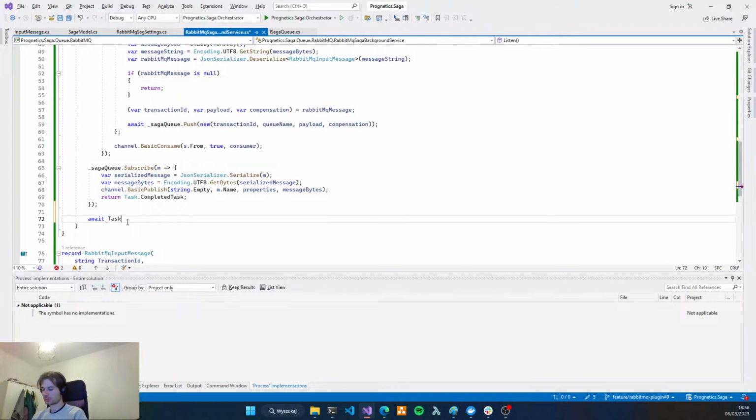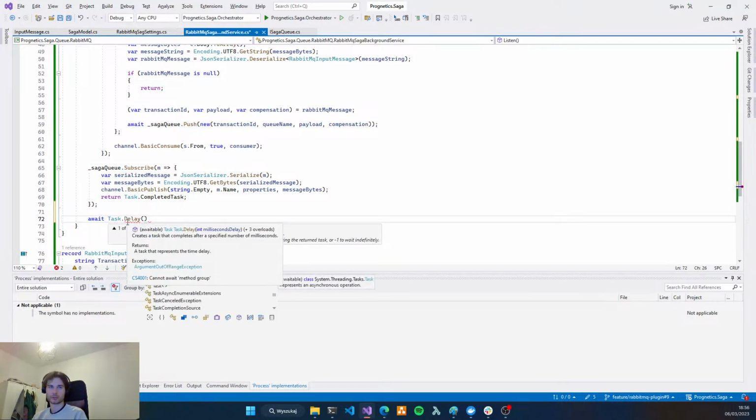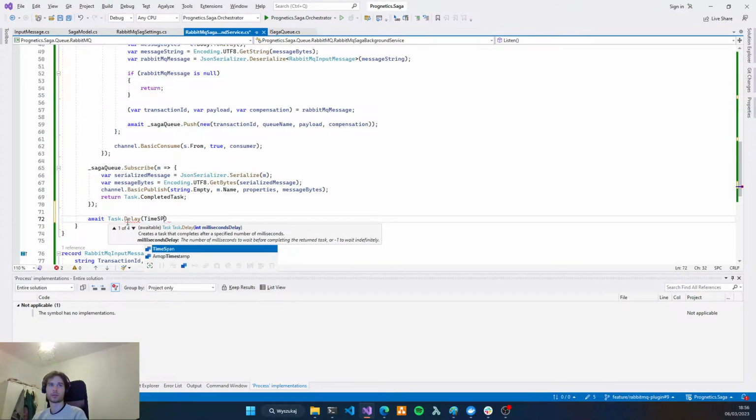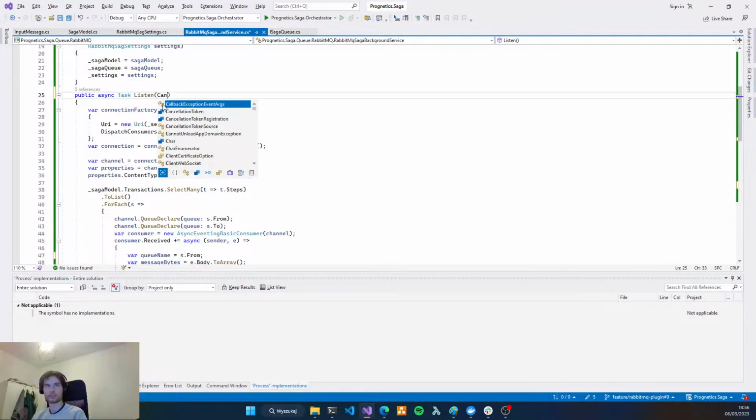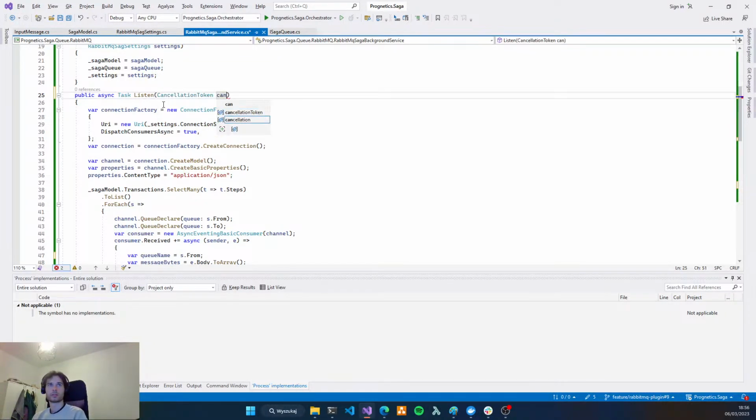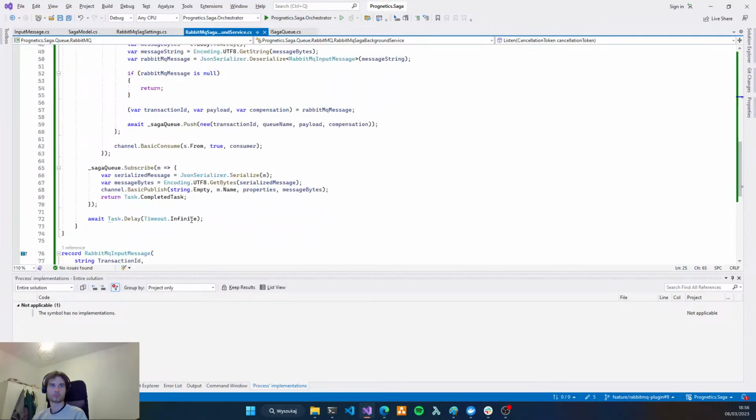So let's delay it for a time span or timeout infinite, and we can also pass a cancellation token here.